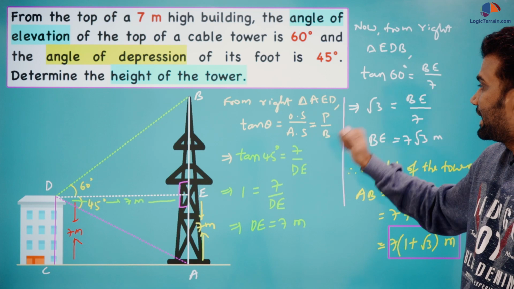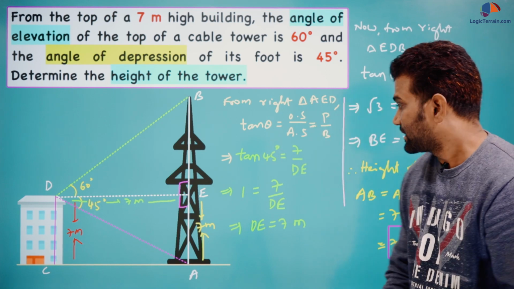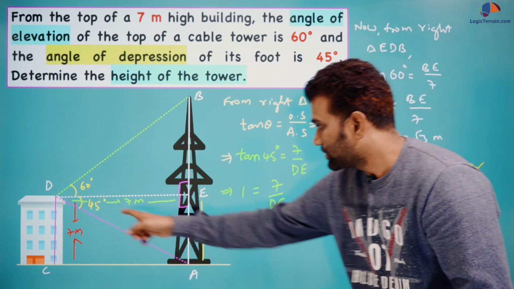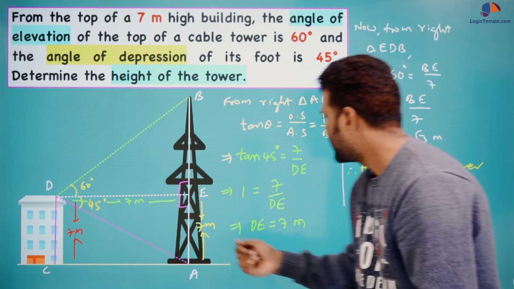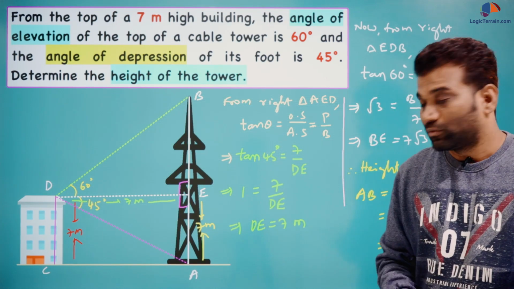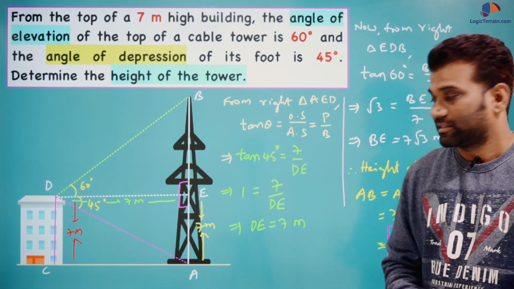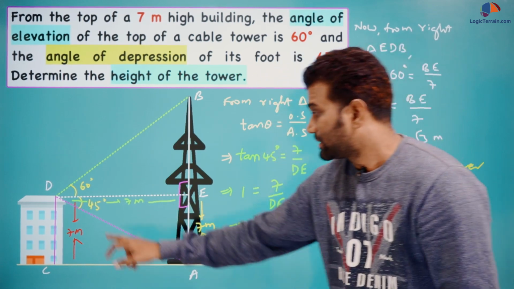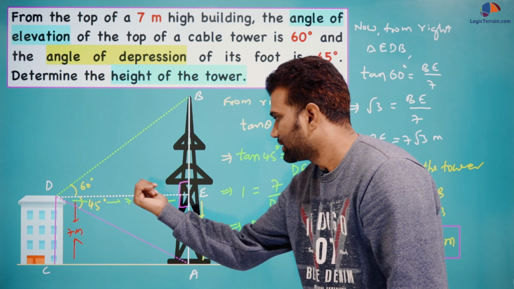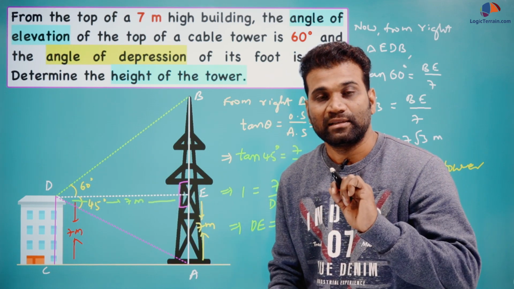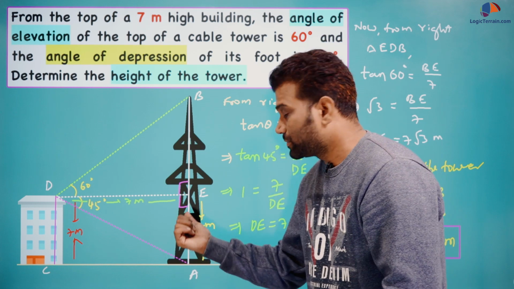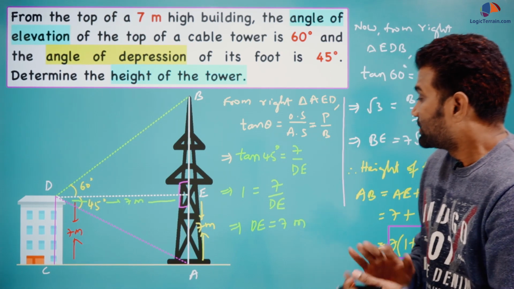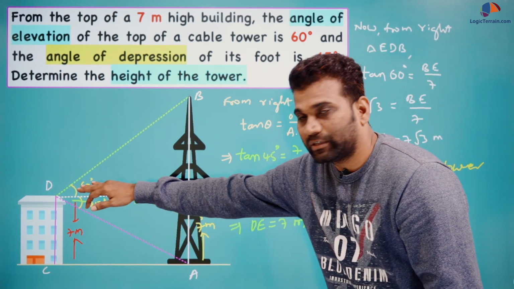So from right angle triangle AED, tan theta is equal to opposite side upon adjacent side, theta is equal to 45 degrees. Here the opposite side is 7 meters for the theta, okay? The adjacent side is DE, and the tan 45 degrees value we know is 1, so from this DE equals 7 meters. So we have got this one. Anyhow, you don't require all this stuff. So since it is 45 degrees, when you have one side, the other side is also the same, okay? So like we have already discussed, this must be an isosceles right angle triangle, okay? So we got this, and we know the angle.